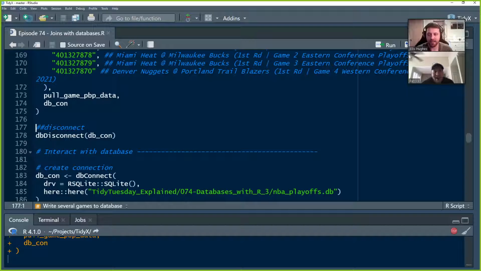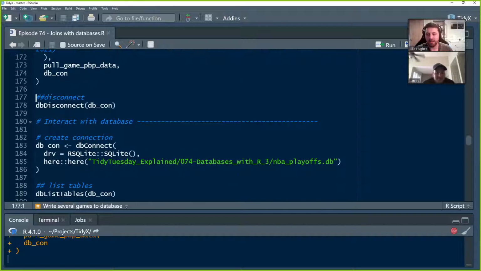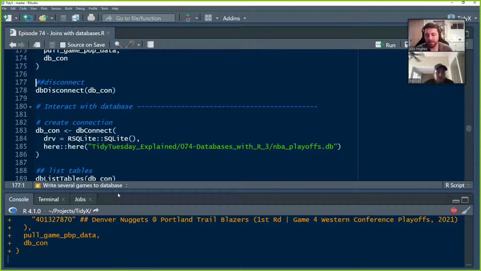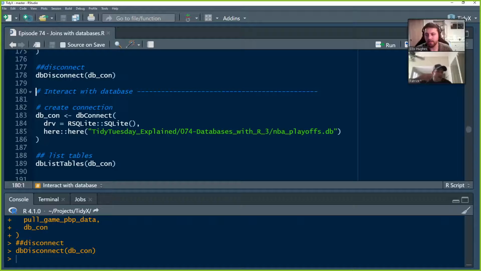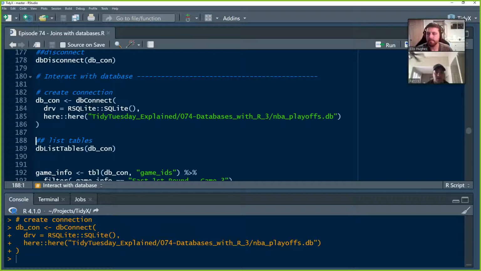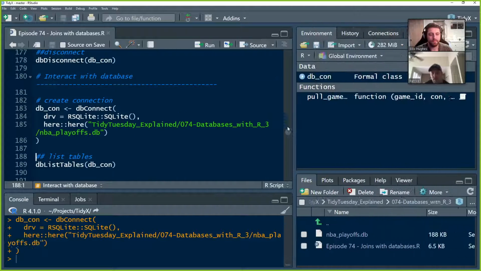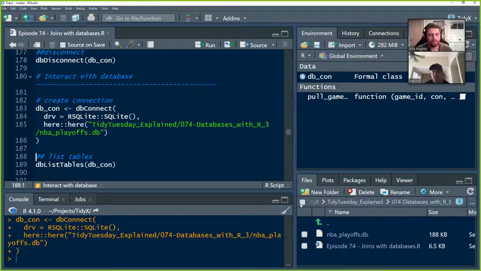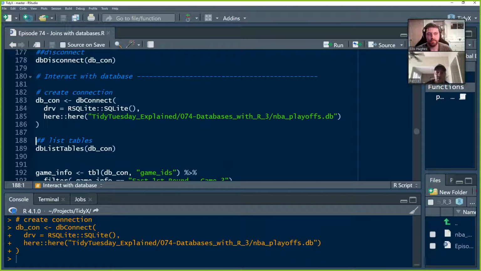So Patrick, once that completes running, why don't you take us through the next piece, which is interacting with our database. Okay, we've done this a few times over the last 3 or 4 episodes. So we've disconnected from the database. Remember, that's a habit that you want to have, just so that you don't have database connections